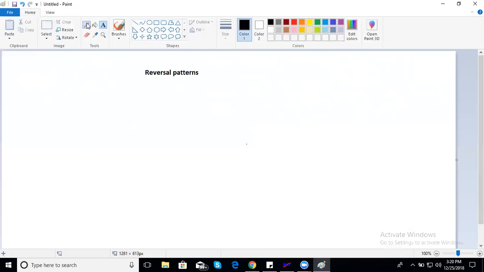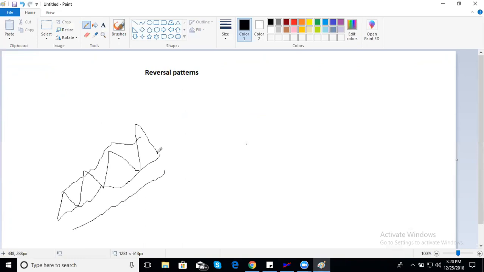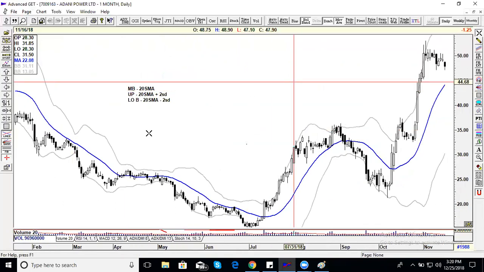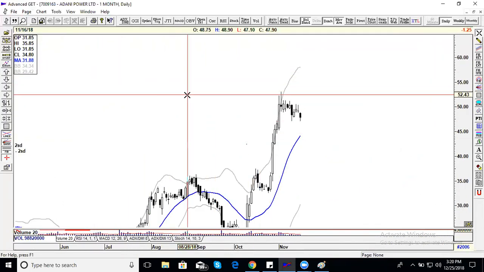How does the reversal pattern look? You have a simple moving average here, and you will see price action like this. Price goes up, comes down, goes up, comes down, goes up, comes down. And this is a 2 standard deviation band, which I am showing to you. What happens? Market is going up like this, comes down, but next time it is unable to close outside the 2 standard deviation. Let me show that example for you, so that you will understand things a little better.